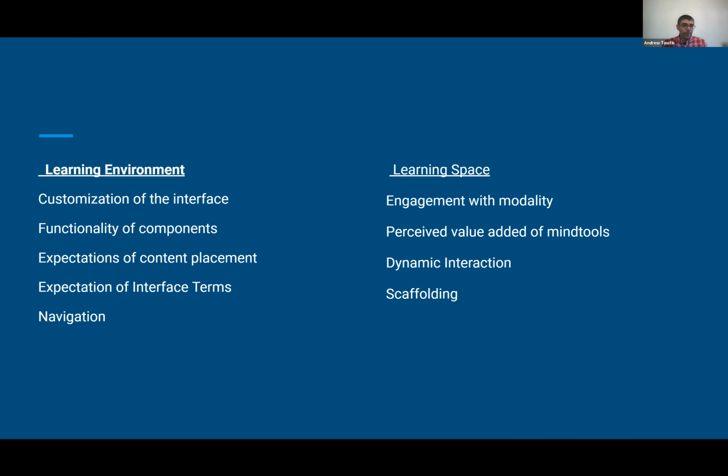On the one hand, you're interacting with the learning environment, and as you think about what those interactions should entail, learners want to be able to customize the interface. They want to see the value of the functionality. They want the content placed in just the right way. The interface terms should be aligned with their expectations, and the navigation should be fluid.